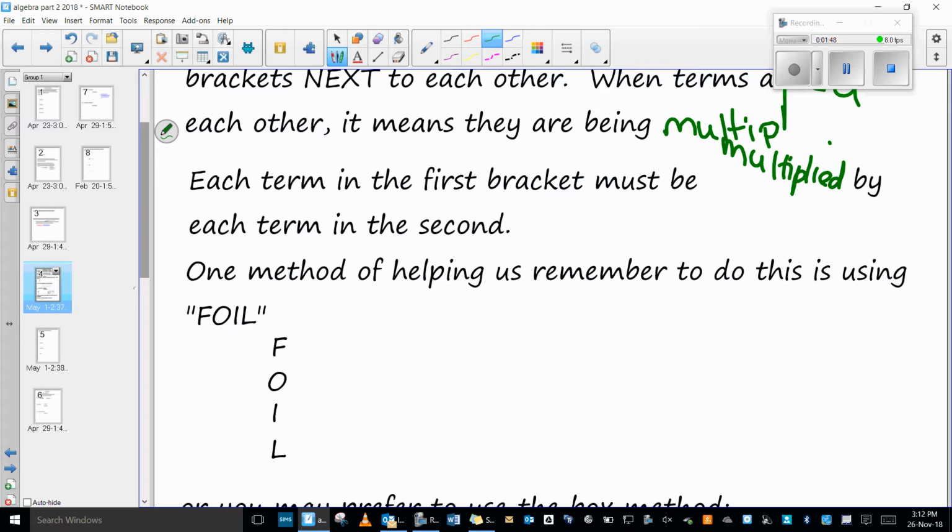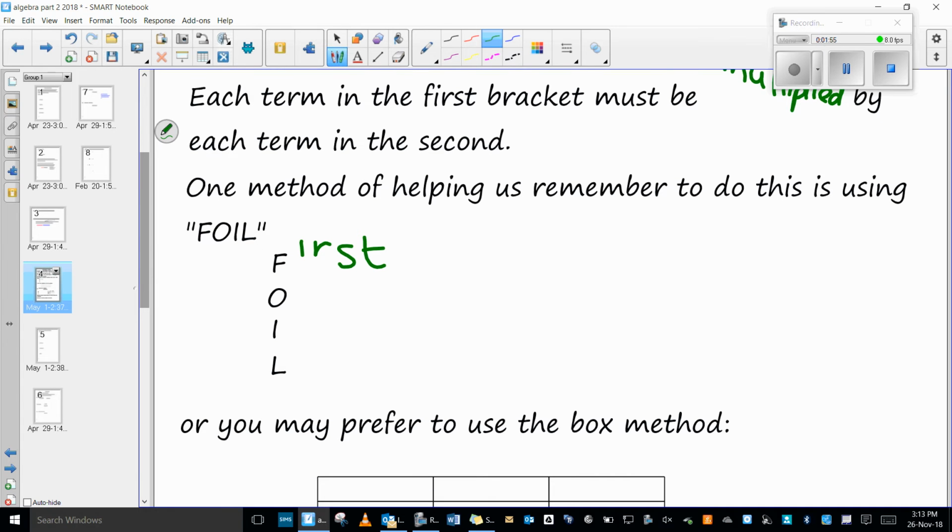Okay. So the F stands for first. The O stands for outer. The I stands for inner. That's the last one. And the L stands for last. So we've got first, outer, inner, last. So I'm going to show you what that means when it comes to it. Okay? Essentially, what was going to happen is we've got